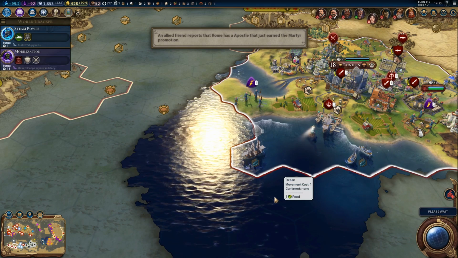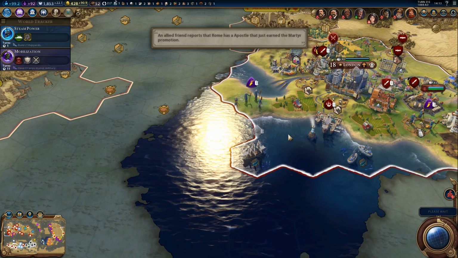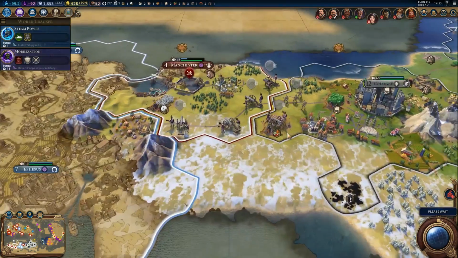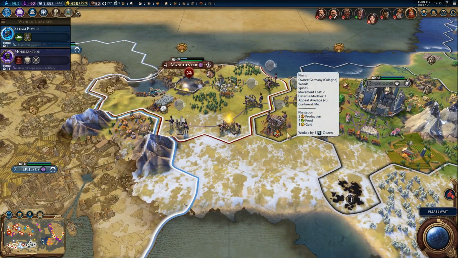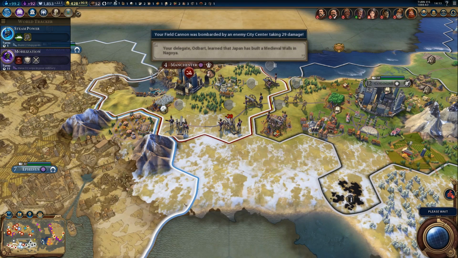Because I can't help noticing that Rome's got all these units in England's territory, but nothing bad seems to be happening to them. I really do want to accept peace with England, but at the same time, I really want to take Manchester first. If I can take that out...